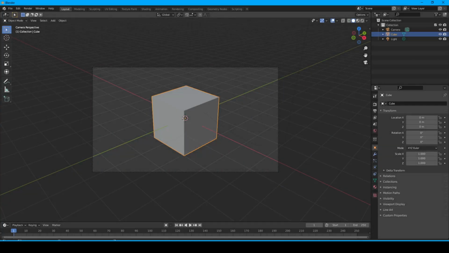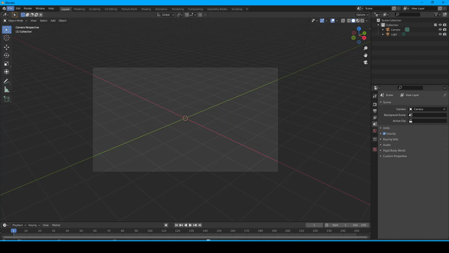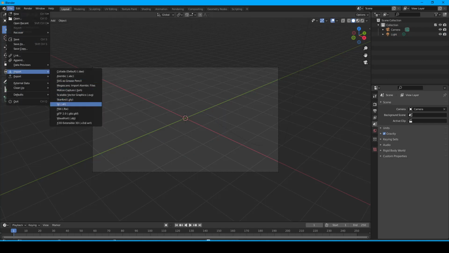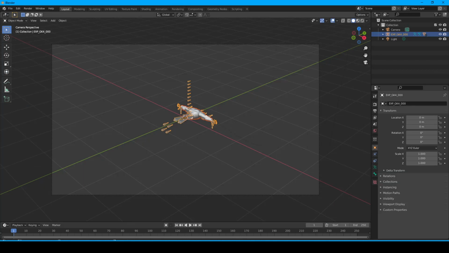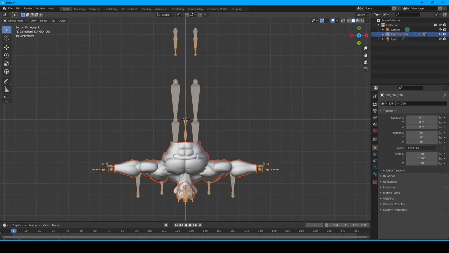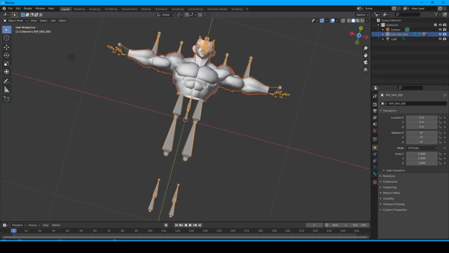Once you're inside Blender, you'll see this cube here, which you can simply delete with the delete button on the keyboard. Now you want to import your FBX file. Over here to import FBX, make sure the model is in the correct position. I hit 0, and then 1, 7, 9. Now I keep hitting 6 until it's standing upright.